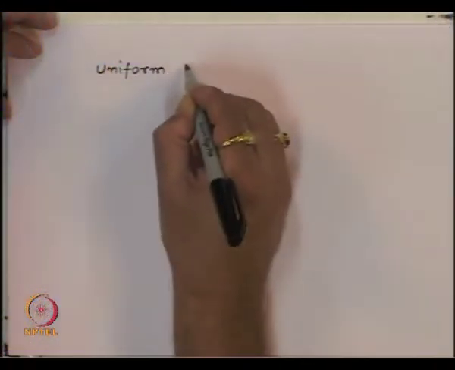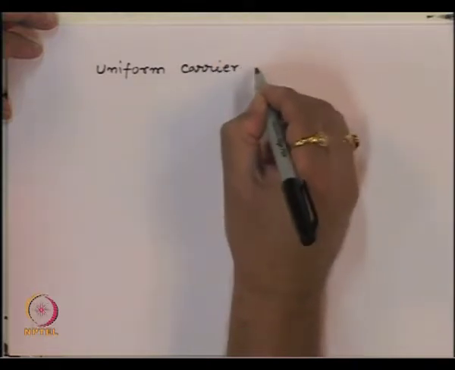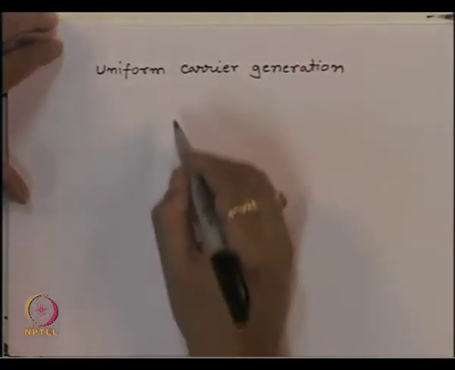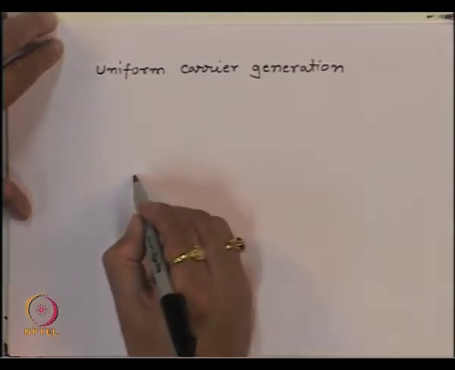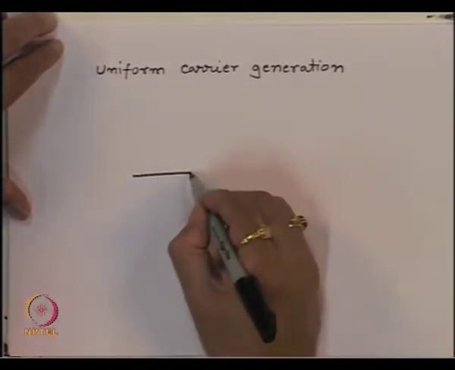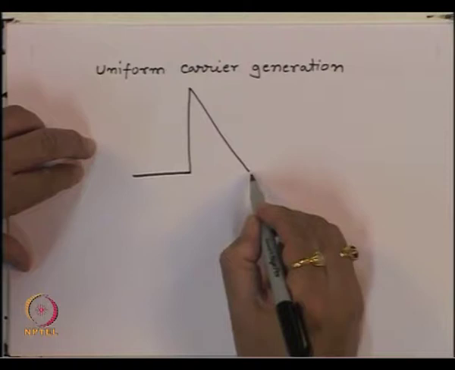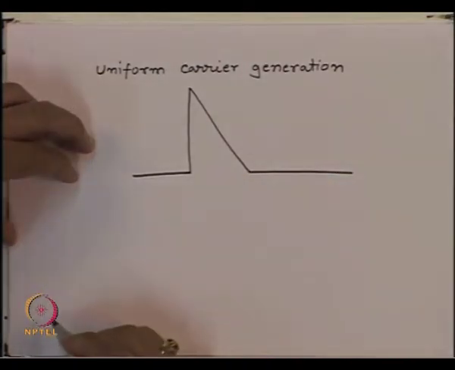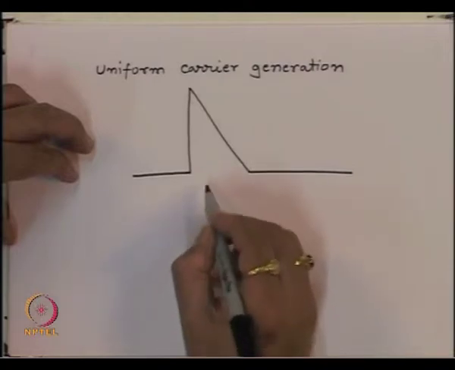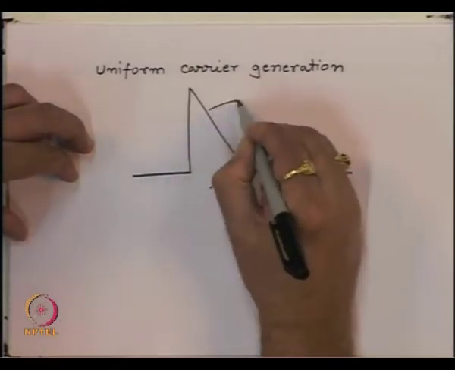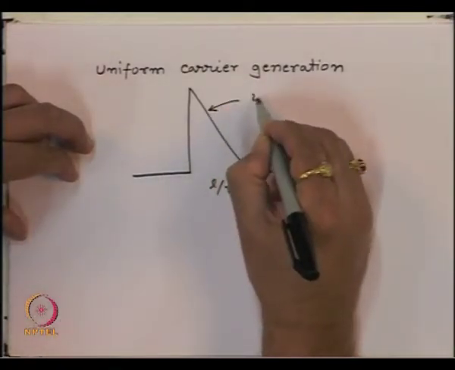So, for a uniform carrier generation, we expect a current to flow which will look something like this. So, suddenly the current will increase and then die like this in a triangular fashion. Again, this time is L divided by V_sE. So, this is the electron current I_E,